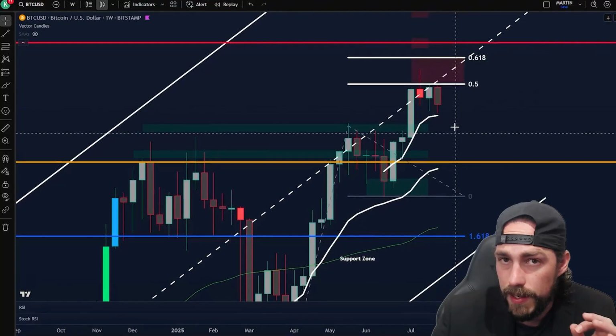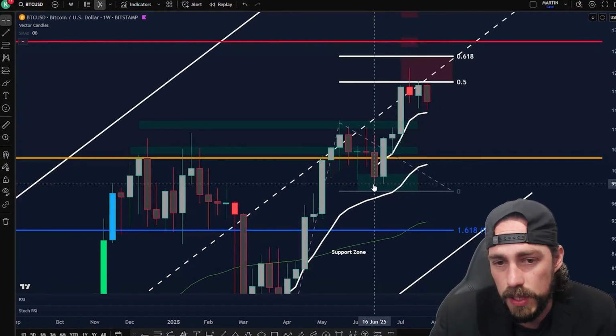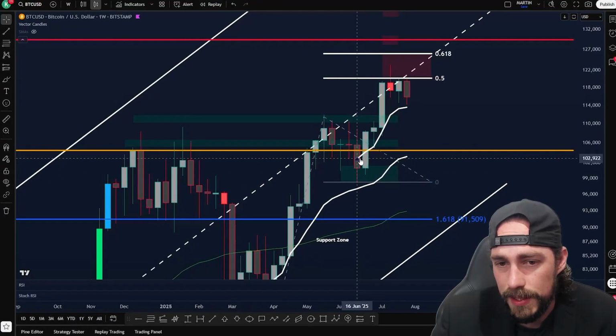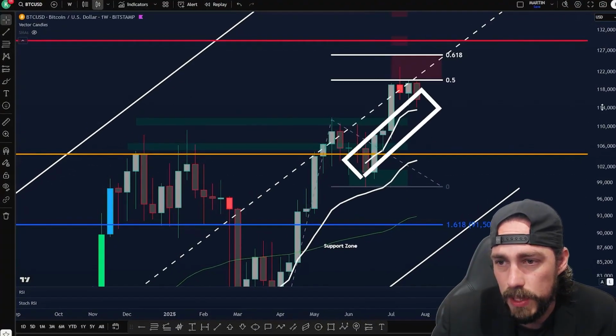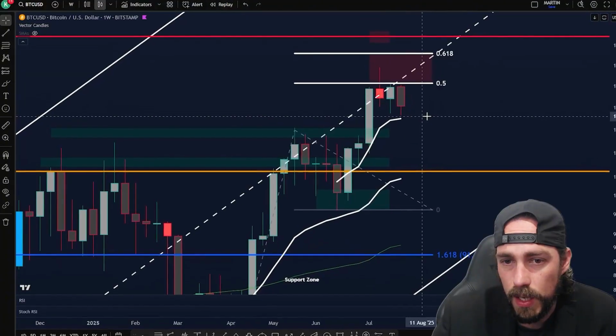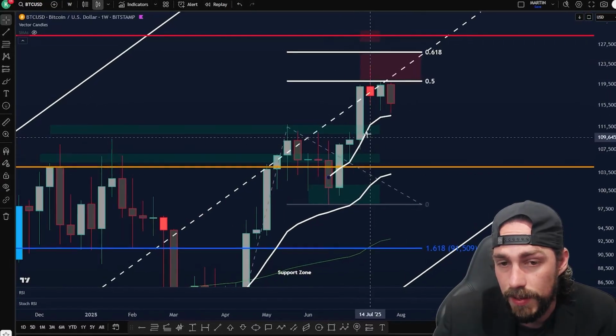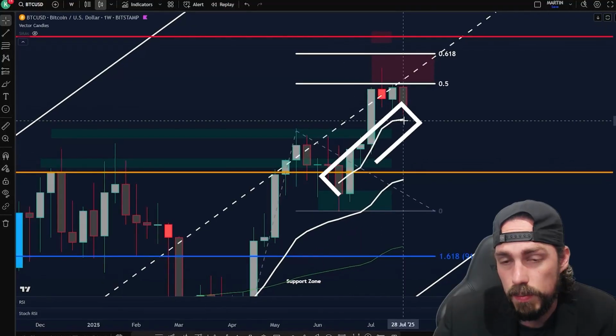I've also gone ahead and pulled up the anchored VWAP from this last pivot here at $98,000, give or take. We can see this is this white line over here, and Bitcoin has come all the way back down close to this anchored VWAP, and we're looking to hold support above that. That is a bullish sign for me at the moment. As long as we can keep above this specific anchored VWAP, that would be a signal